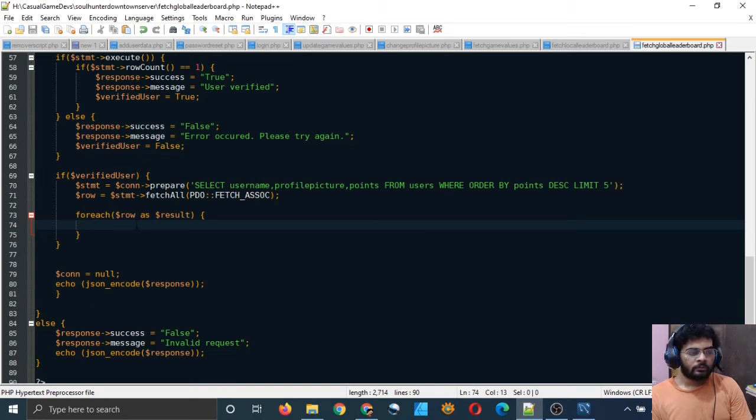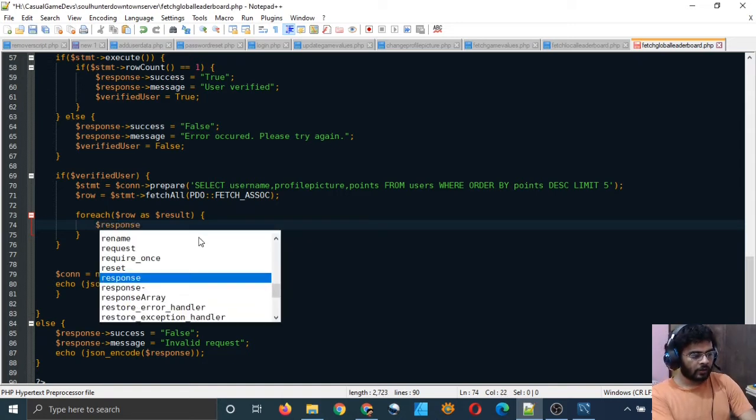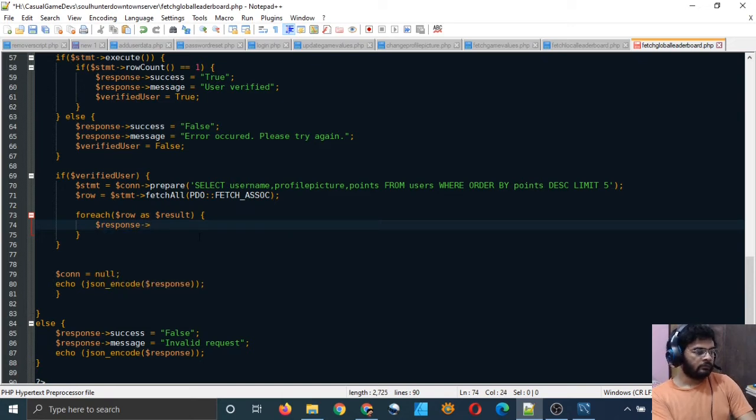So we have run a loop through that array, and now we have to store some things in our JSON variable. First of all, what will we store?